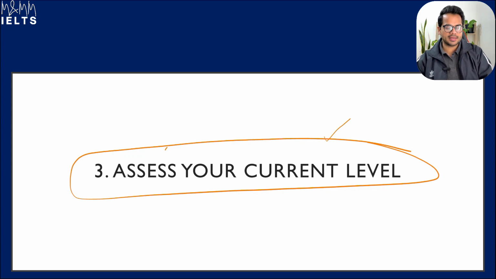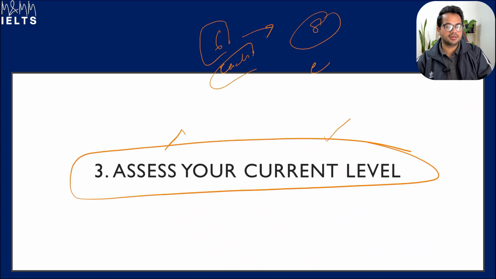How do you assess that? You just complete one full practice test for IELTS from the Cambridge books, whether it's IELTS General or IELTS Academic, depending on which one you are going to give. Just do one full practice test, a scored one, so that you would exactly know where you currently stand. Let's say after doing that complete practice test, you end up getting a 6 band in each and you need 8 band, you know